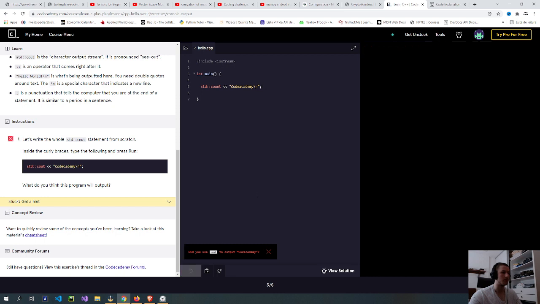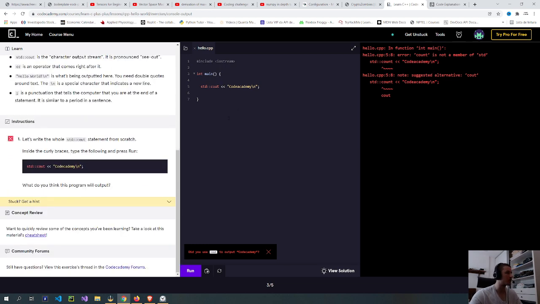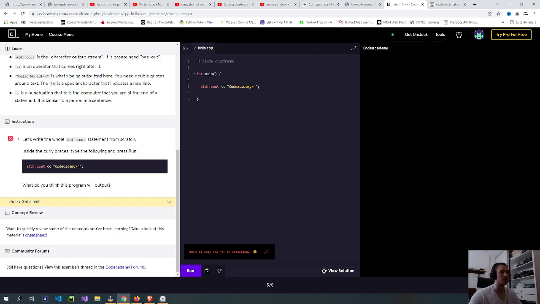Let's try like this. Oh, so it's not count, it's cout. I read count for some reason. Yeah, so I think you need to put the semicolon at the end.